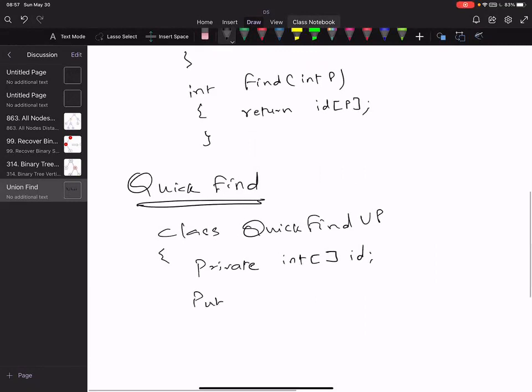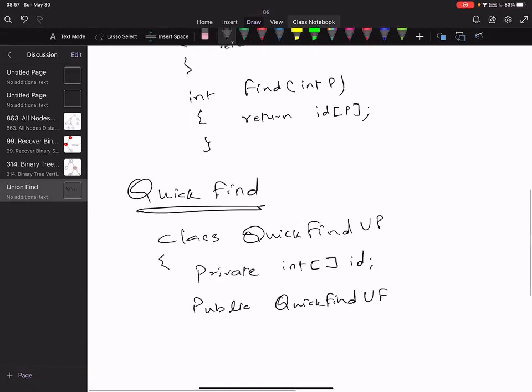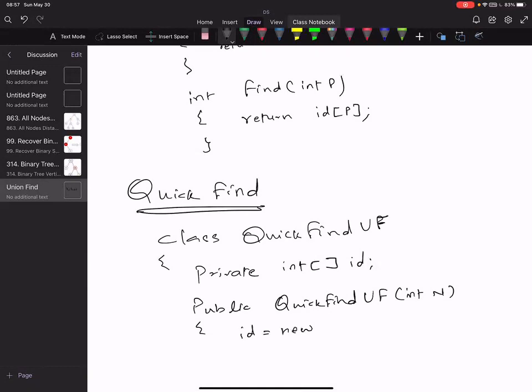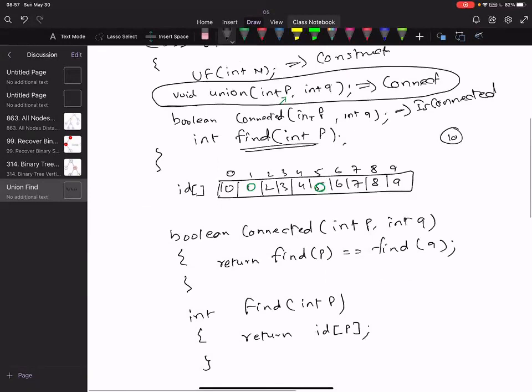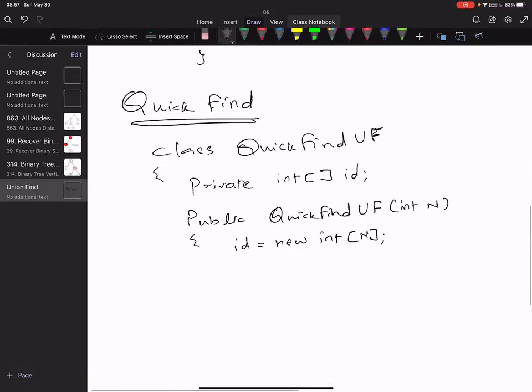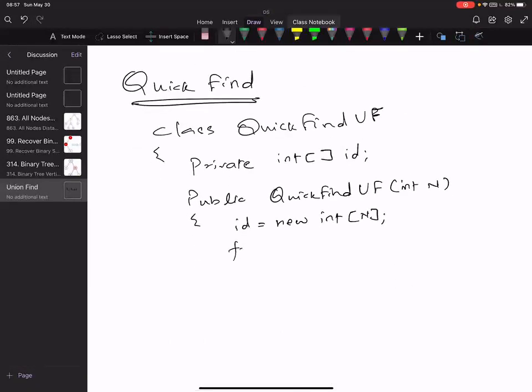And my constructor, quick find union find, takes the size. What I do is create a new integer array of the given size. Also, what did we do before when we created an array? Initialization.